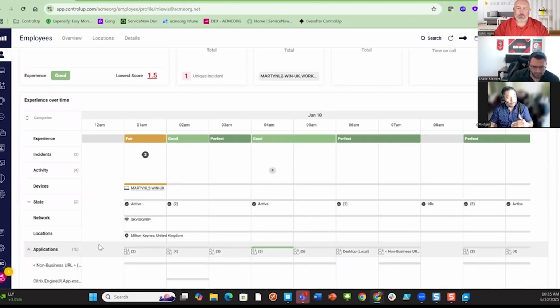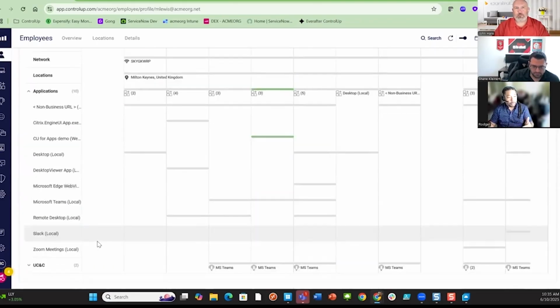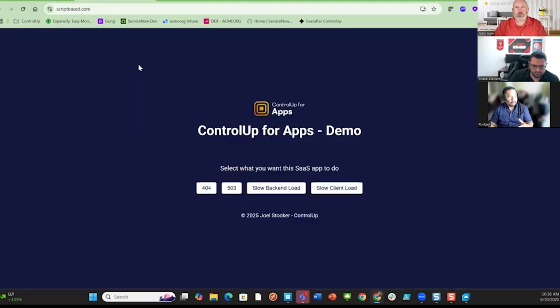So I know the whens, the wheres, the hows, the whys. I can see what was going on, where the problems are. And this can, in turn, help me be more proactive in fixing problems before an end user is seen having a problem. So I'm going to use a SaaS solution as an example here.